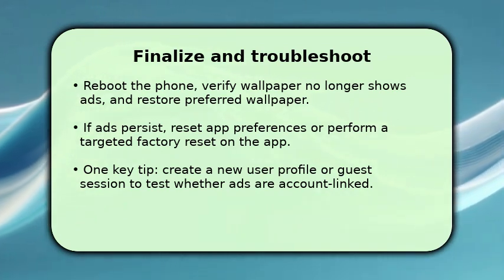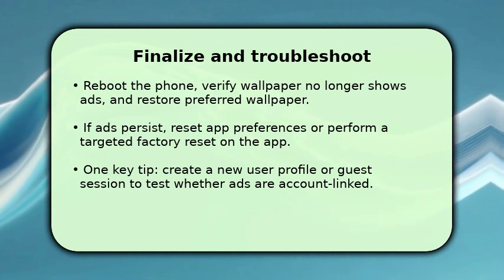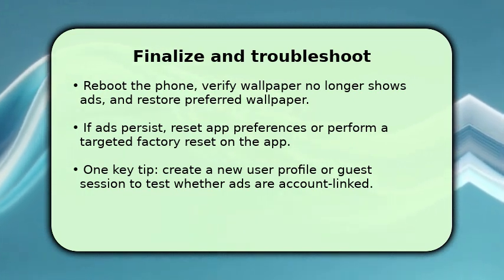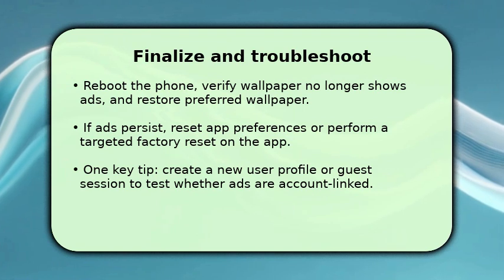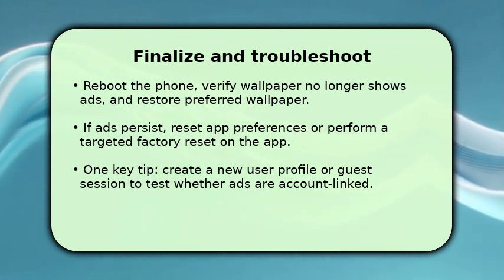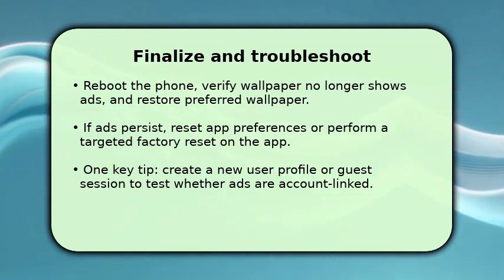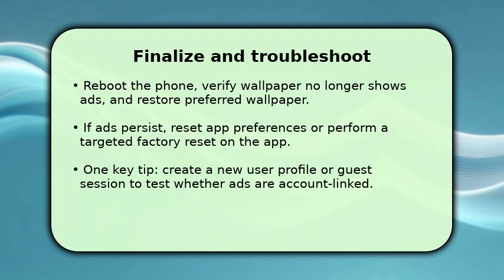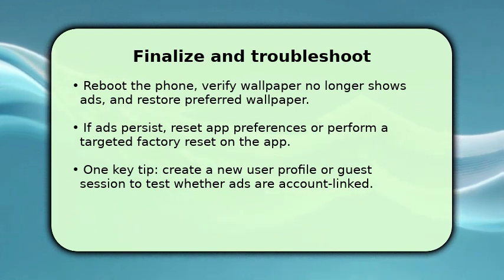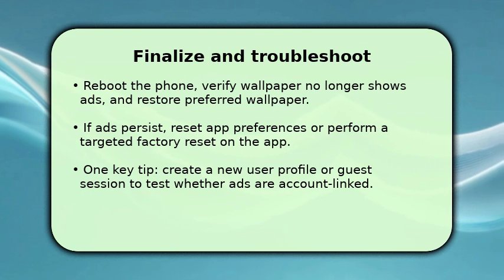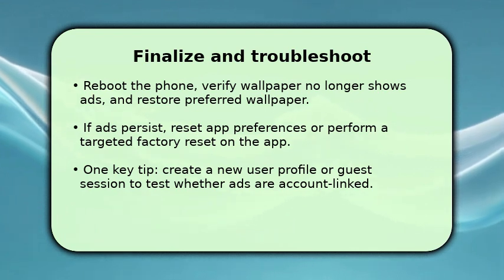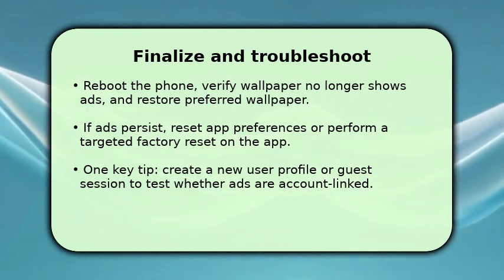If ads persist, reset app preferences in Settings, Apps, or clear data for the offending system app. Only use full factory reset as a last resort. If you suspect account-linked content, sign out of your Oppo account or create a guest profile to test behavior. One key troubleshooting tip: disable auto updates for theme and browser apps and reinstall a